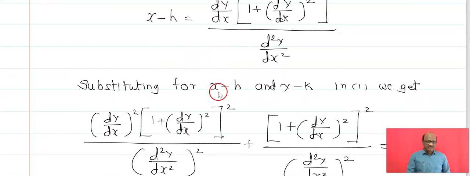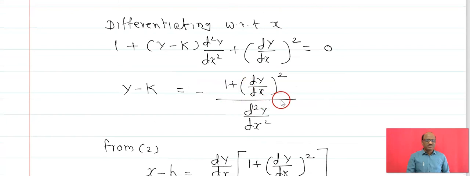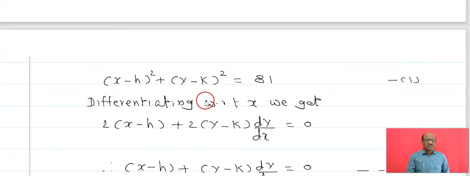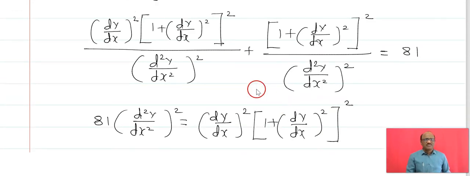Substituting the values of x minus h and y minus k in equation number 1, you will get this differential equation: (dy by dx) whole square into (1 plus (dy by dx) whole square) whole square upon (d2y by dx square) whole square, plus (1 plus (dy by dx) whole square) whole square upon (d2y by dx square) whole square, equals 81. And if you simplify this, this is the common base, so you will get 81